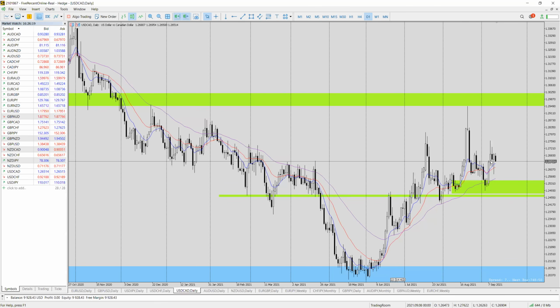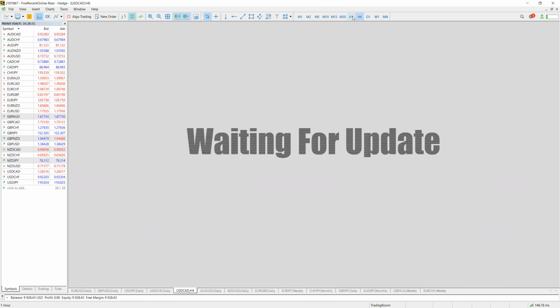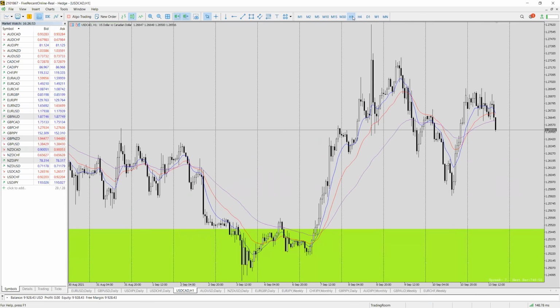Obviously, if oil continues moving higher above 70, it could strengthen the Canadian dollar, which means the dollar CAD will move lower. But first, it has to break below this demand area. As you can see here, there's some sort of a local demand zone around here and a confirmation. So again, those of you who are looking to trade dollar CAD, preferably at the moment until there is a